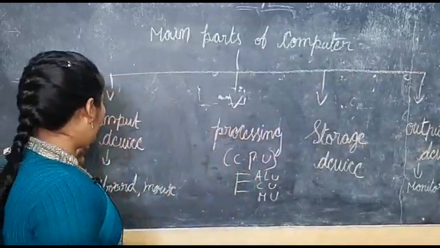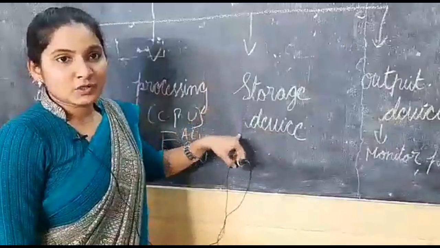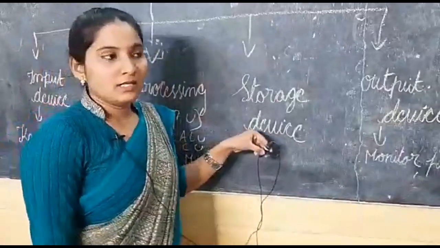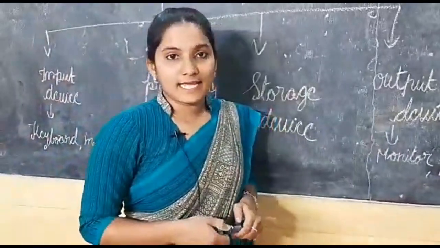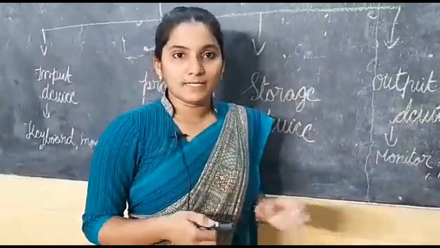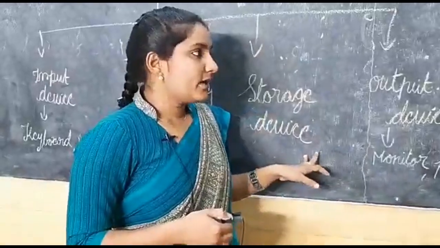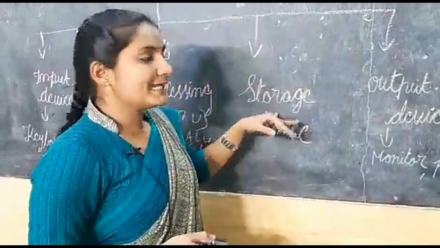Okay. After the input device goes to the CPU process, next is the storage device. What is a storage device? For example, in your home a lot of toys are there for you. Then you have to keep them to one side. You keep your toys on shelves or in cupboards, no? And like this only, we have to enter data and you have to store the data. So we have storing devices.